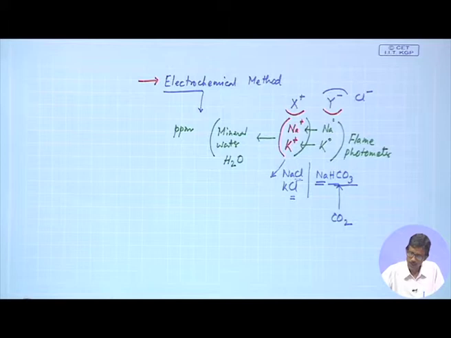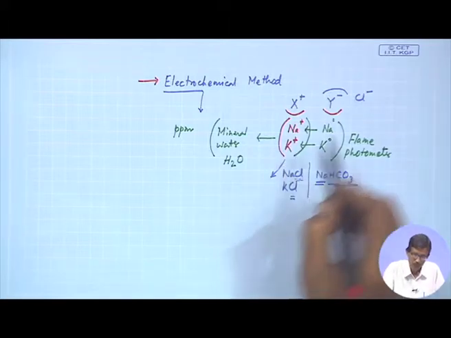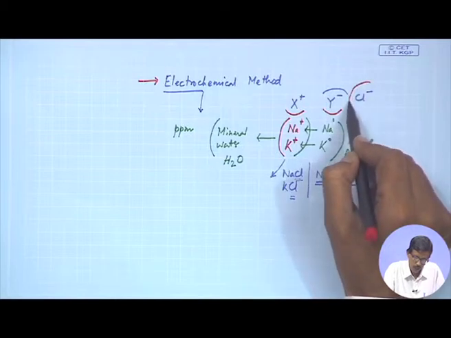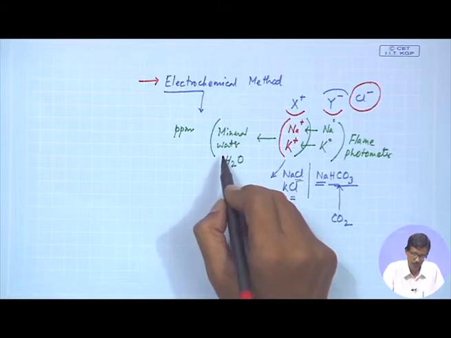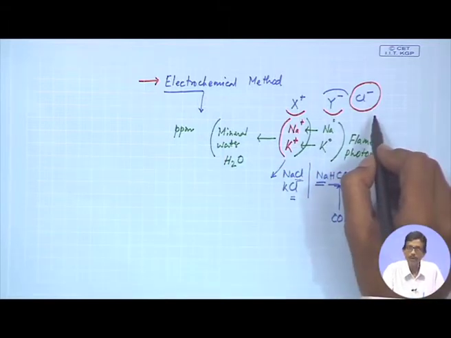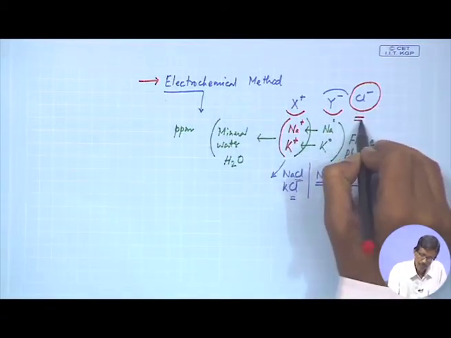Forget about the presence of cations like Na plus or K plus. If we want to determine the total concentration of Cl minus in any fluid, whether water or a biological fluid in our body, in serum, in sweat, anything,